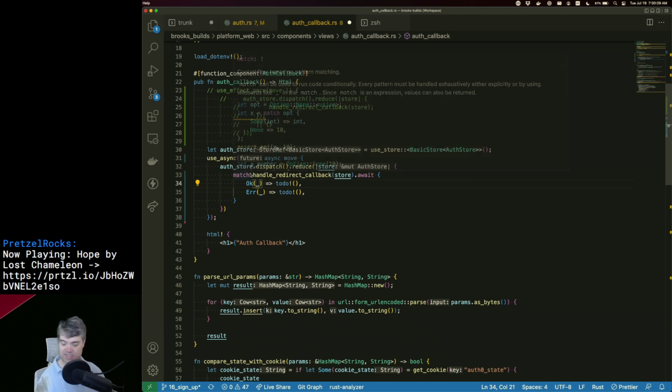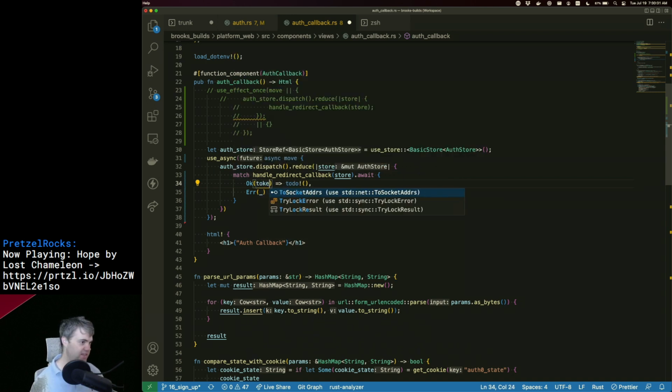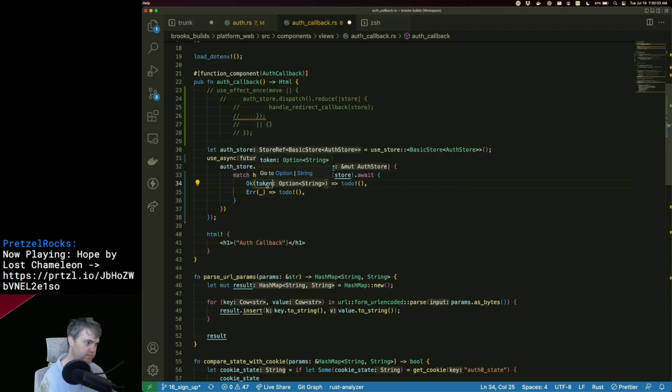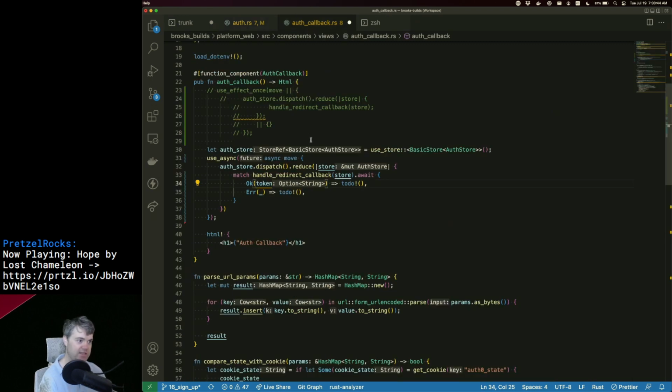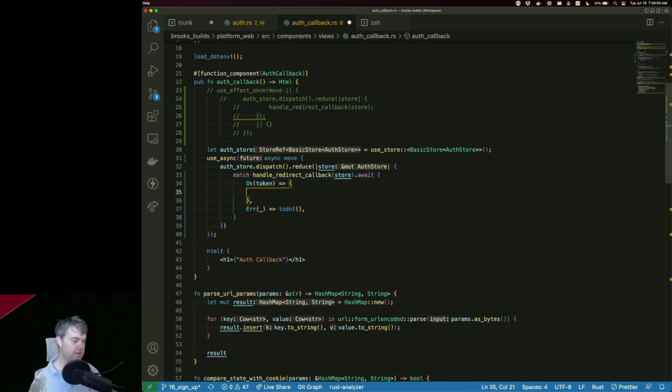Okay, so if we're successful, we should have, I think, the token. Yeah, that's the only thing we're passing back is the token. So we have like a maybe token, right?